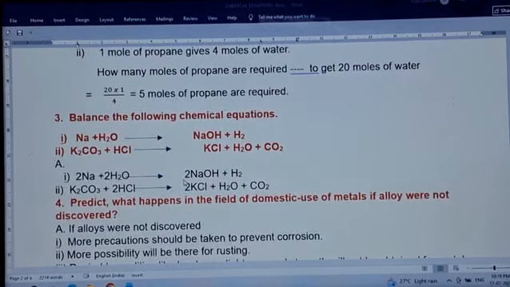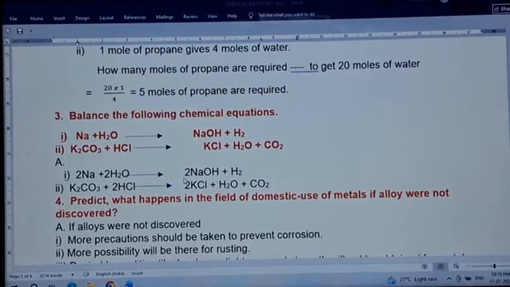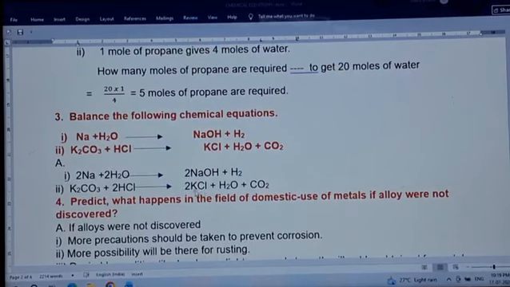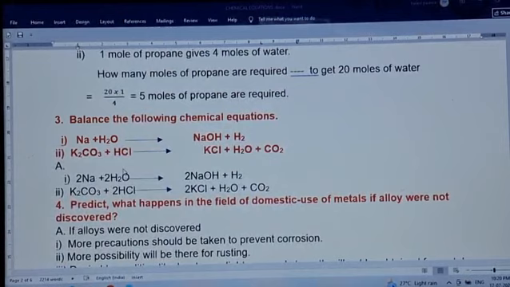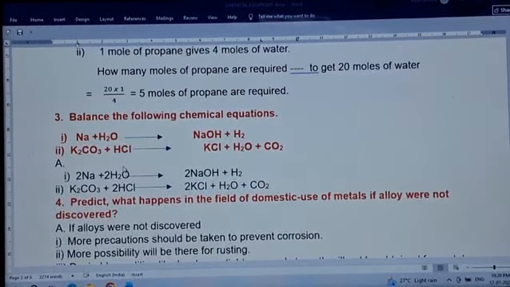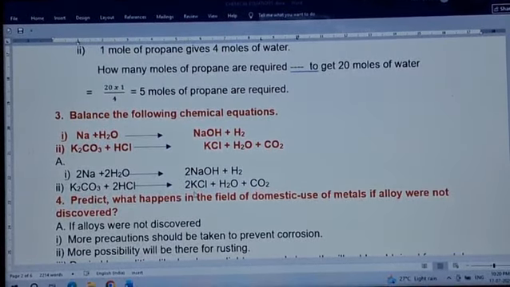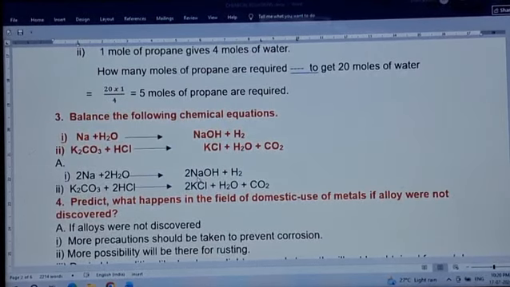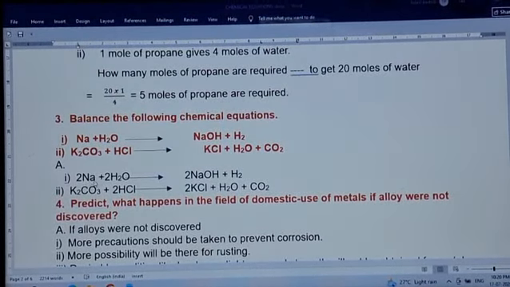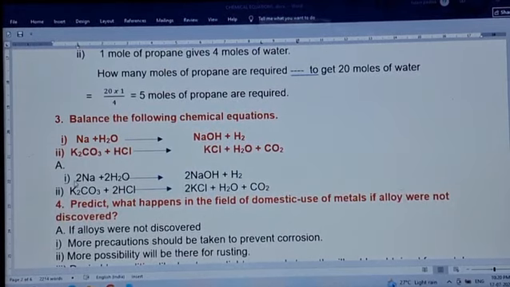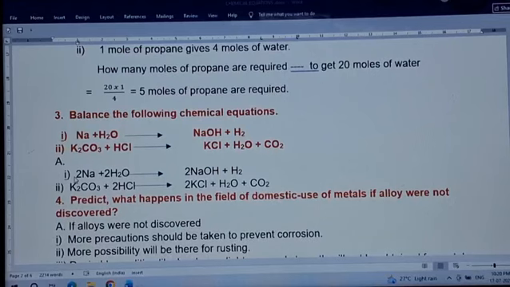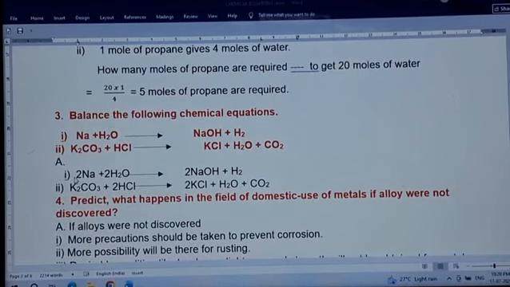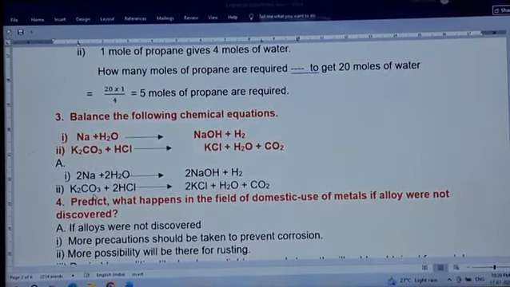So here for sodium hydroxide, when its coefficient is taken as 2, see 2 hydrogens plus 2 hydrogens, 4 hydrogens, 2 oxygens. So hydrogens and oxygens are balanced. But when we talk about sodium, here 2 sodiums are there. So to balance this sodium, 2 is taken here. So this is how the balancing of sodium hydroxide formation can take place. And second one,